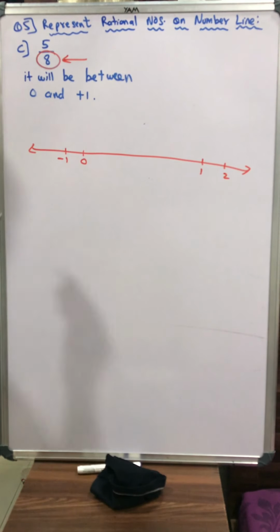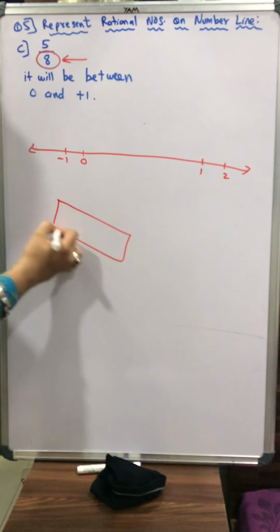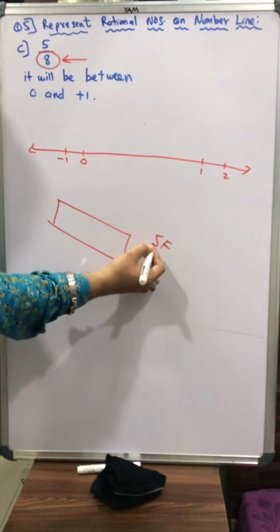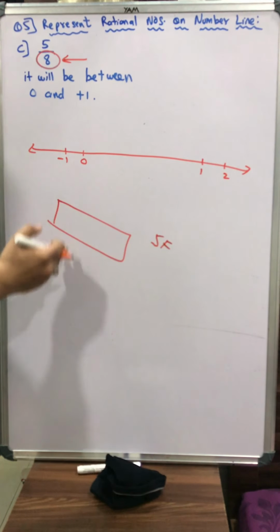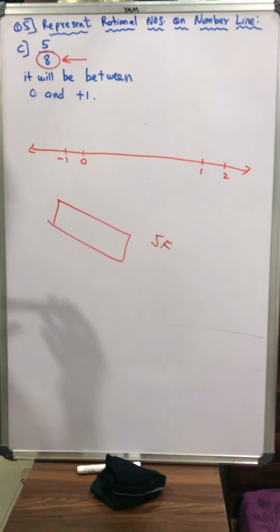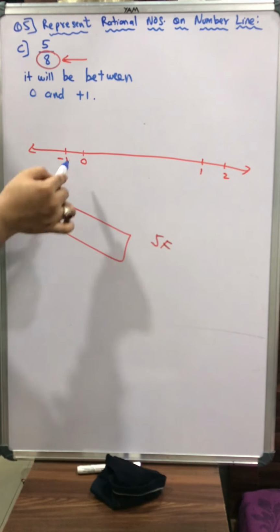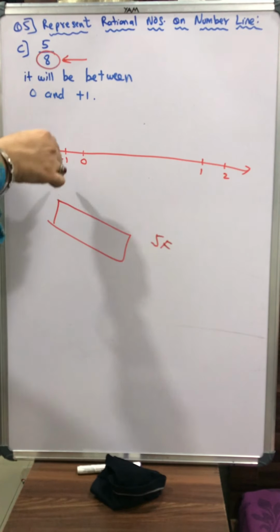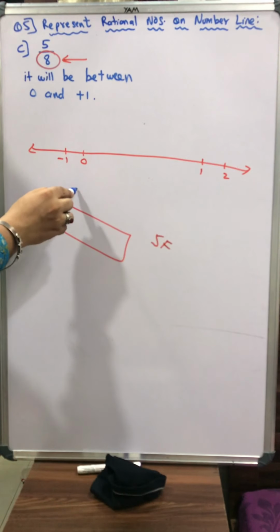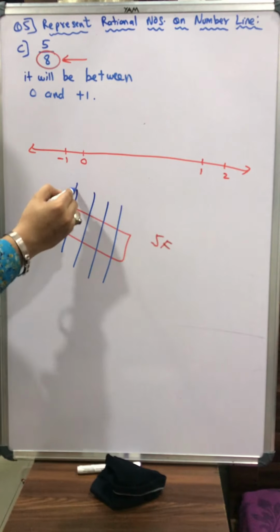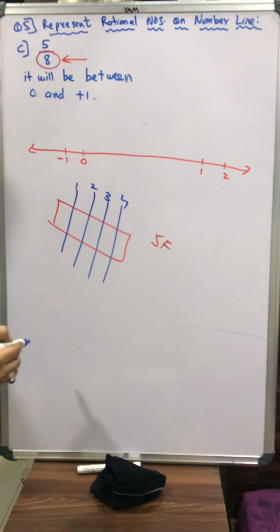And I gave you one thing last time also. For example, this is a piece of cake. We are 5 friends. So I want to divide this cake into 5 equal parts. So now tell me, students, how many strokes will I cut? For example, this blue marker is like a knife. I want to cut the strokes. I want to divide my cake into 5 equal parts. So how many times will I cut the cake? I will cut the cake in 1, 2, 3, 4. See, it's a basic thing.